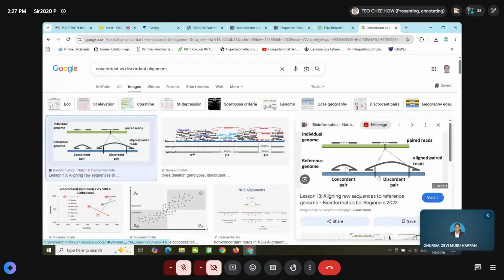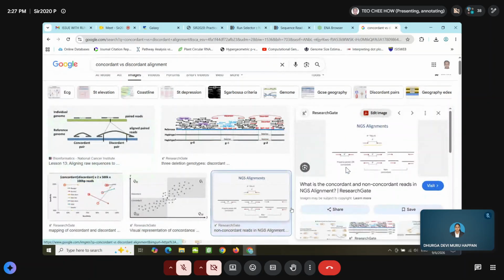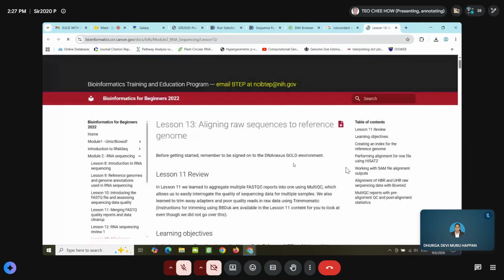Those that align far apart are discordant. You can also see some other examples of how they explain what concordant and discordant mean. I think this one is very clear.